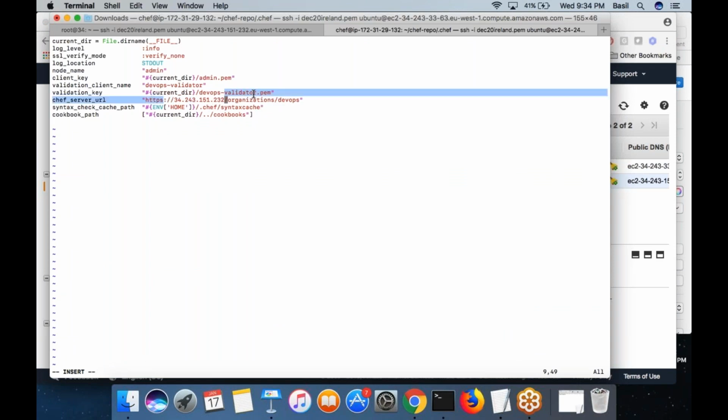So this is the URL which the workstation would use to connect to the chef server. And as you can see, you mentioned the organization as DevOps, slash organizations slash DevOps. Basically, in the URL itself, you are mentioning what organization this particular workstation belongs to.